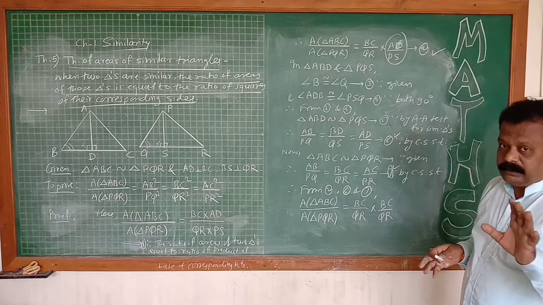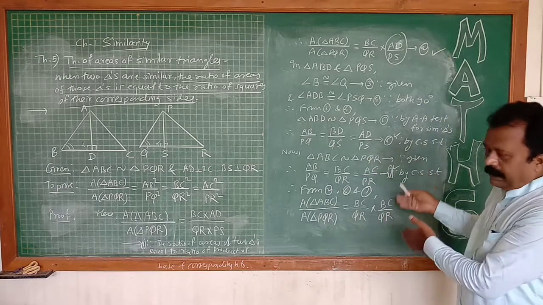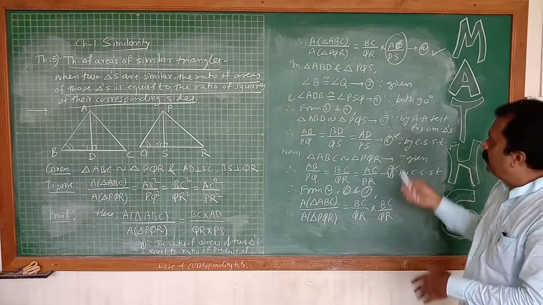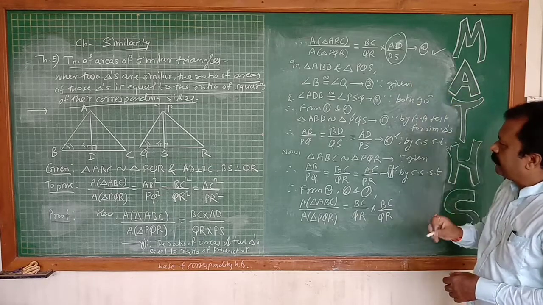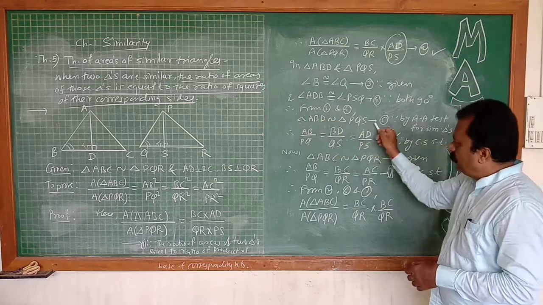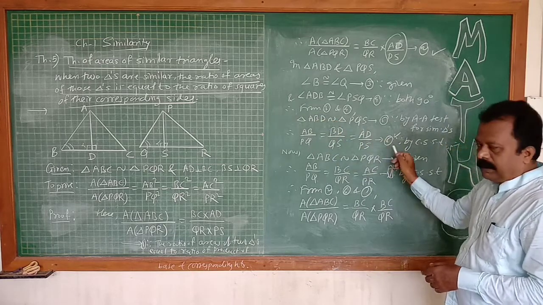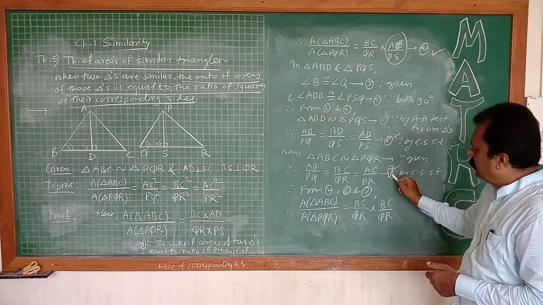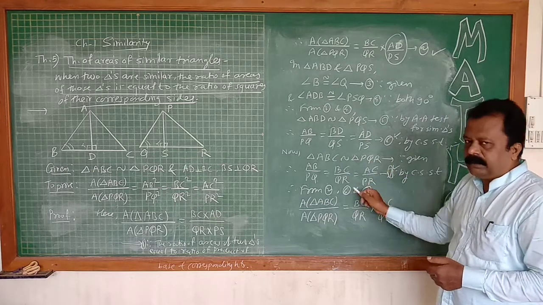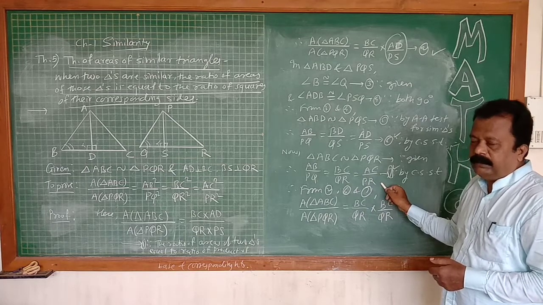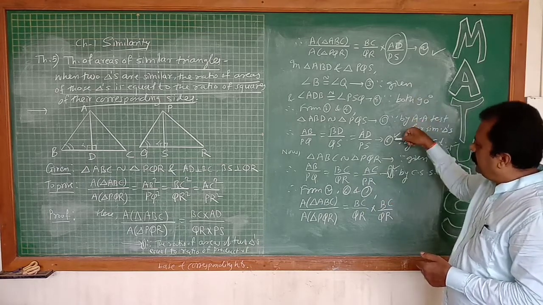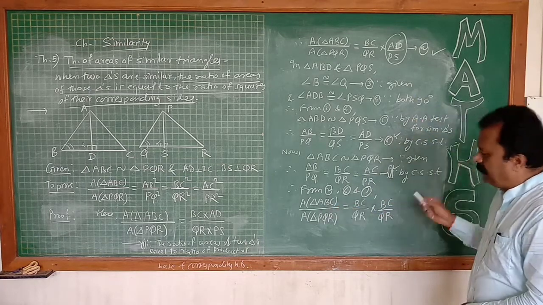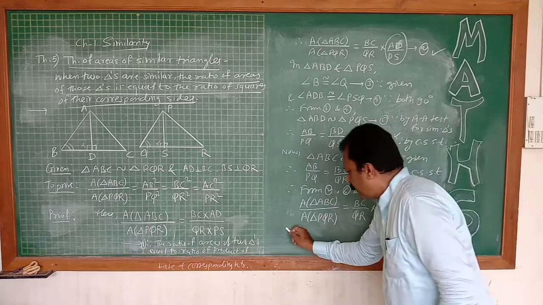These three results you try to write yourself. Which result? Property number 1. On the left side, you have to show the two triangles similar, and write the corresponding sides of the similar triangles. The last ratio is given: if triangles are similar, then the corresponding sides are in proportion. And from these three results we can directly write this result.